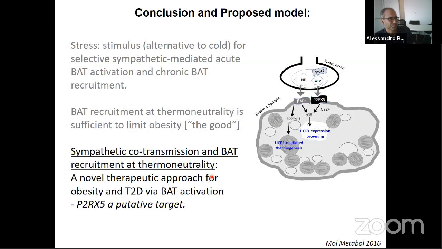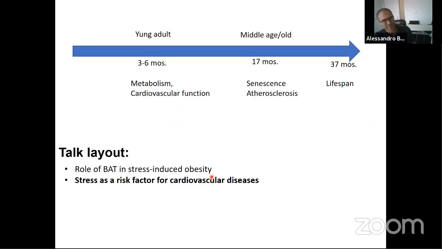So in the second part of the talk, which will be much, much shorter, of course, in the interest of time, I want to also share with you some of the physiology of this animal, because right now we're looking at obesity and adipose tissue function, but what's going on in the rest of the body?